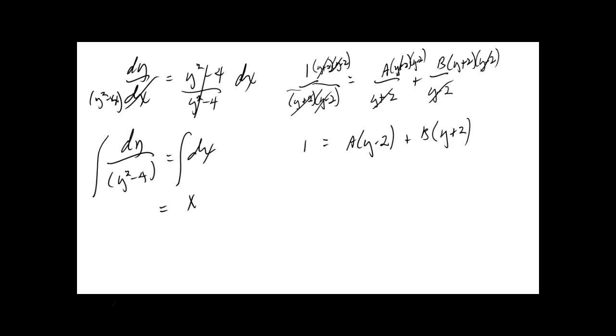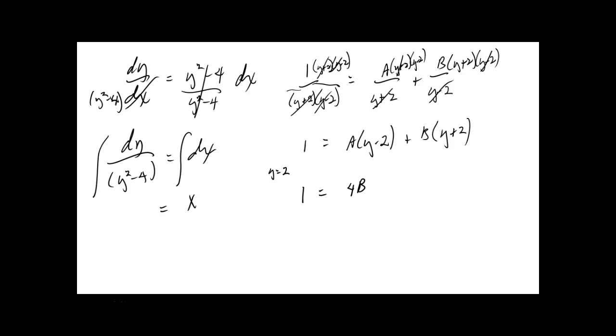Now you do something that I found really bizarre, but it works. Anyone remember what that is? Plug in stuff that makes one of them 0. Exactly. First let y equal 2. What does the left-hand side become? 1, because it's 1 and y equal 2, it doesn't become anything else. The right-hand side becomes what? It becomes 4b, because the first term goes to 0,